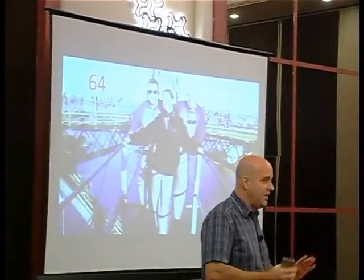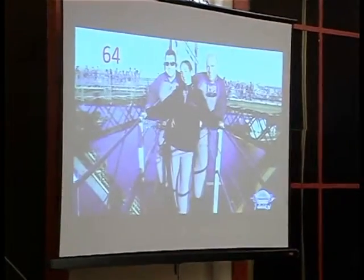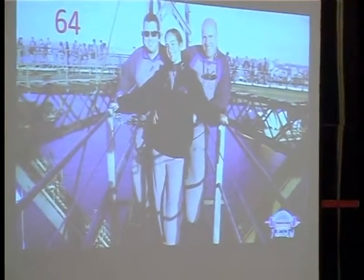So I'll give you an example of what I mean, just a really quick story. This is a picture of myself and my wife and a friend on top of the Sydney Harbour Bridge in Sydney, Australia. There's this fantastic experience called the Sydney Harbour Bridge Walk, where you walk over the bridge, and I don't mean